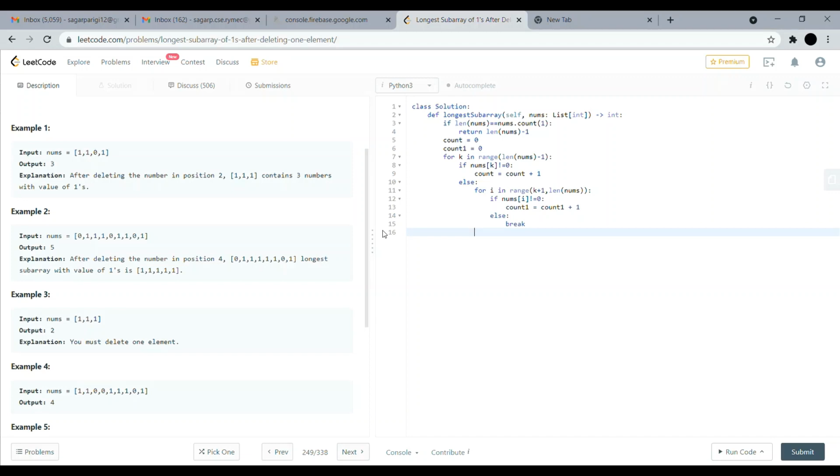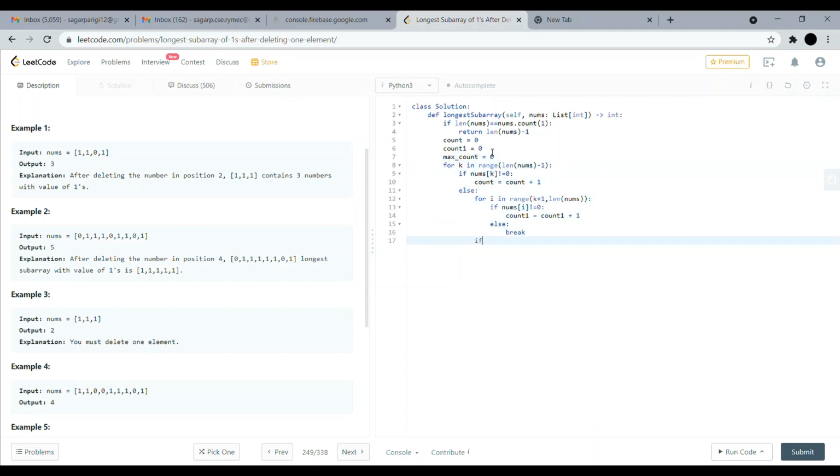So what I will do, I'll keep another variable, max count variable, which is equal to 0 initially, and I'll see if max count is less than count plus count 1, then max count is equal to that, I'll just copy it in this.